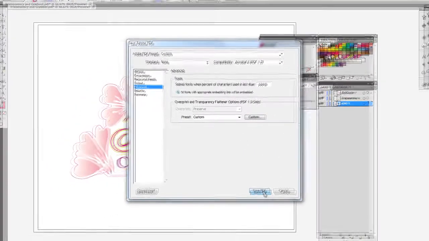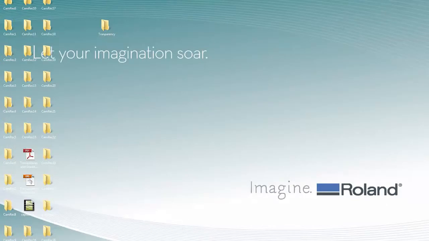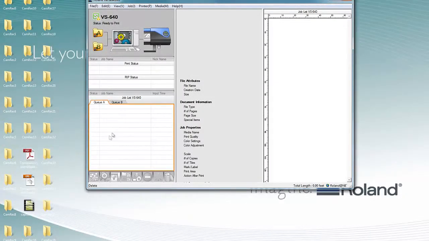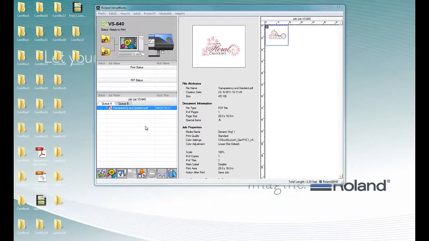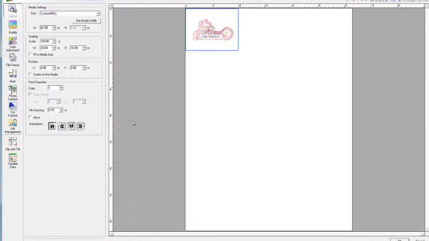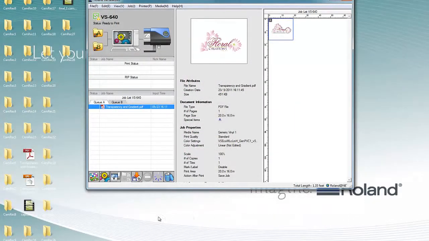So now we'll go ahead and save the file and import it into VersaWorks. And by double clicking on the file, we open it and we can see that both the transparency and the cut line are present. So let's back up to Illustrator now